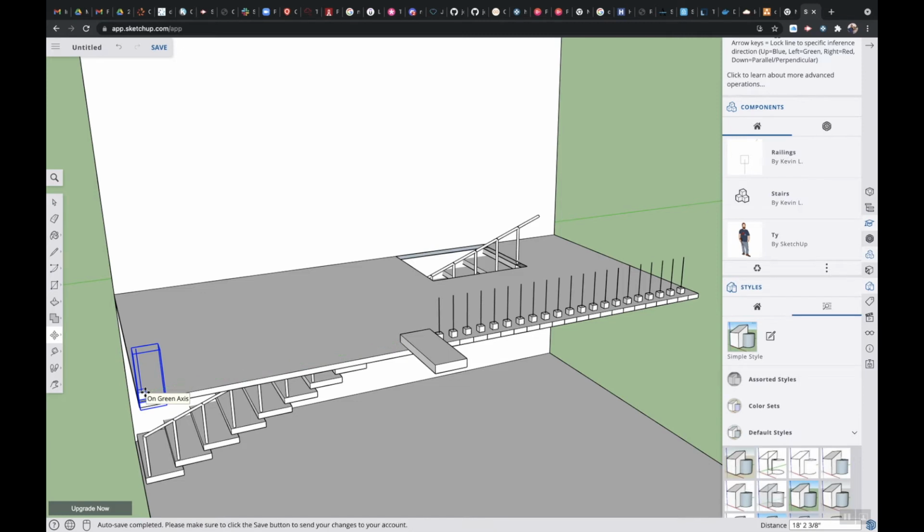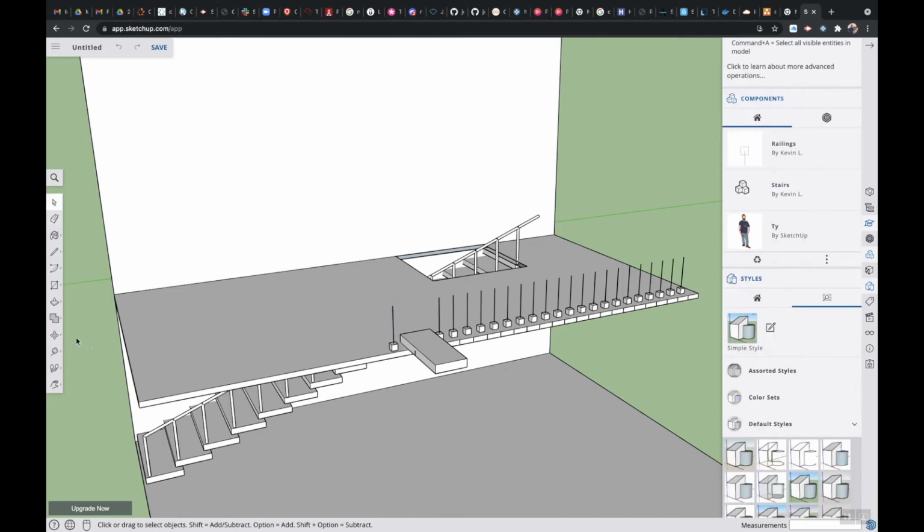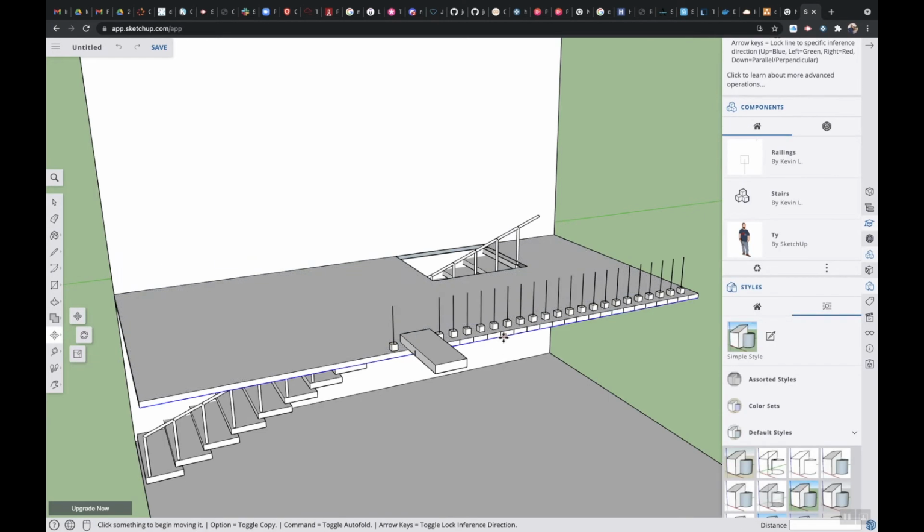I'm going to select it off to the side, and then I should be able to move it over. Let me select it one more time. Follow the green axis line. Perfect. Let's see, Option for Mac, Control for Windows, /, I'm going to say 15. Really what I should do, I should measure in between just to kind of get an idea. Alright, so once I do that,